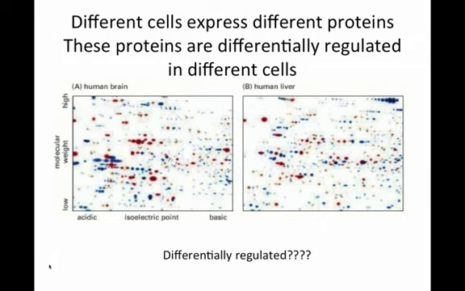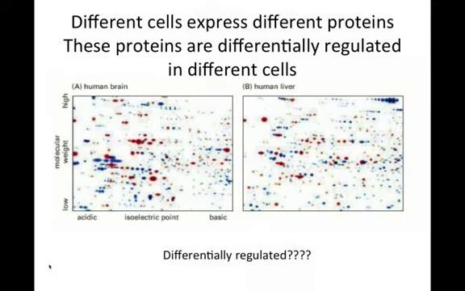The purpose of this figure here is just to show you that the cells express different proteins. What I want you to point out is that the red is supposed to be proteins in common between the two samples, and blue is supposed to be proteins that are different. But if you'll notice, the abundance is very different, right? So you might have some of the same proteins. For example, see this little dot here, and that little bigger dot there, or you've got this dot. There are 2 dots here, and there's 1 dot there.